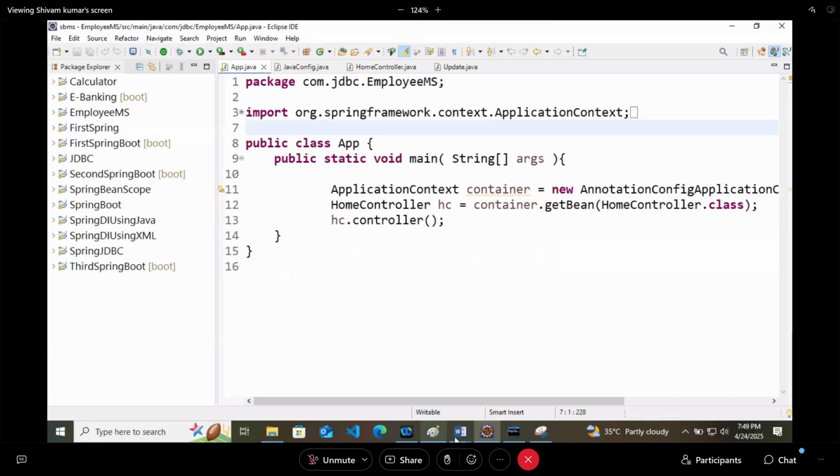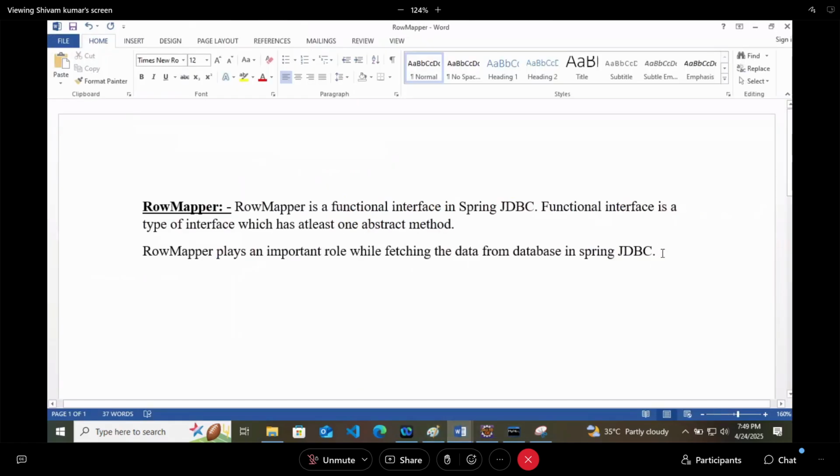So why are we using this row mapper? Row mapper is used to map the database rows into Java objects.